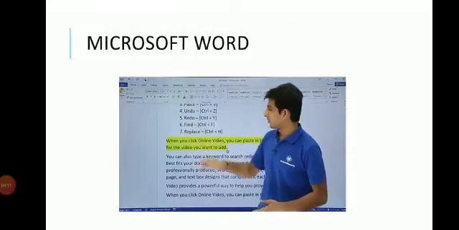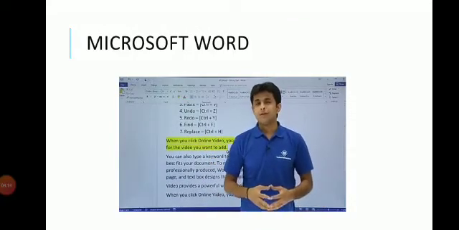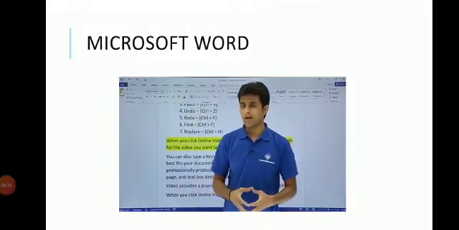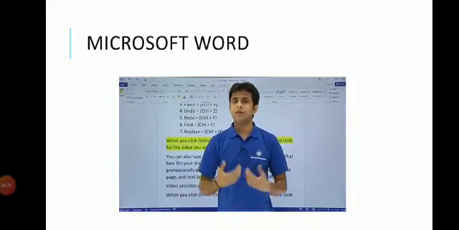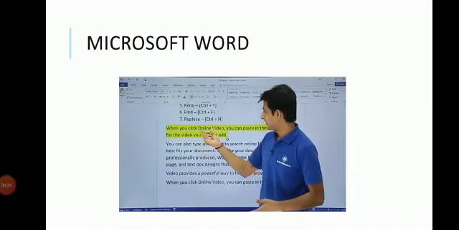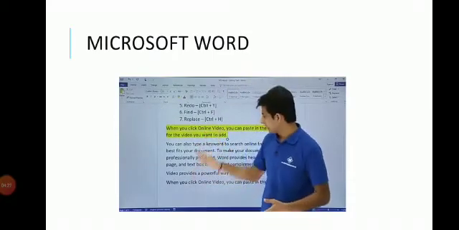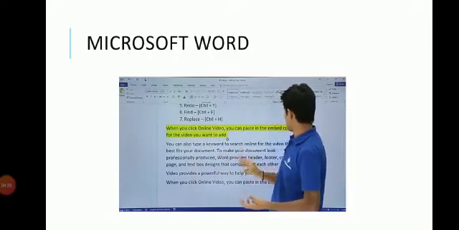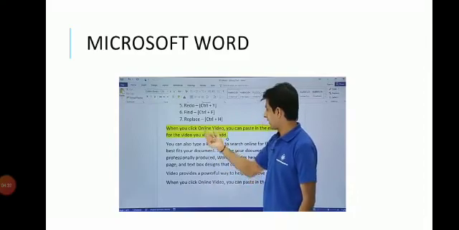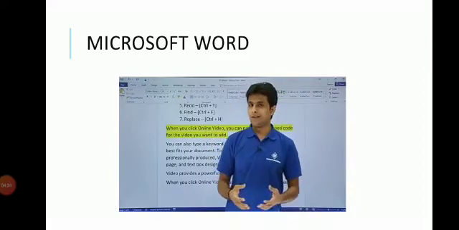How do we see the find and replace? Find is nothing but finding a particular text in your Word document and replace is replacing with some new word. Now for example, I want to search a word that is online in my text. So there might be multiple times the online word is given. Yeah, let's see. This is one online, that is one online. So what I'll do is I'll try to find it.